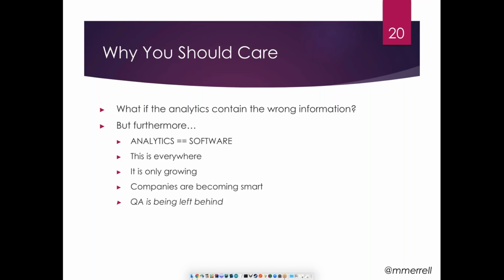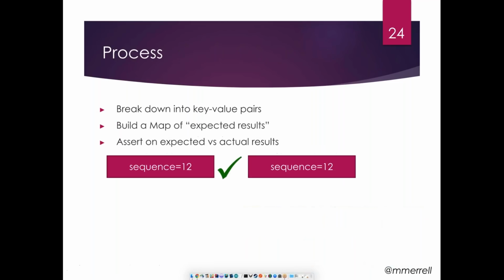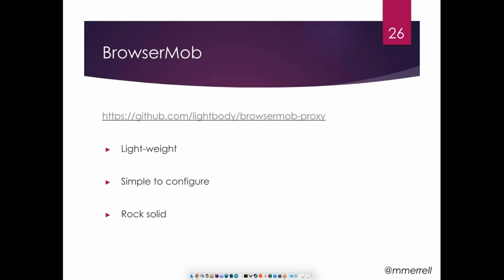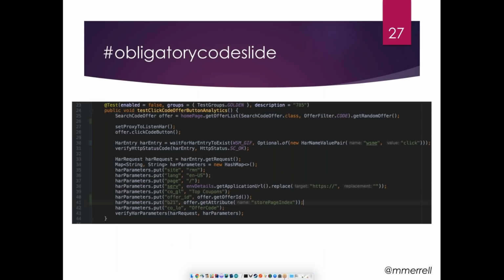A question about slide 27. Explain what you mean by test groups golden. What determines your golden category? Oh man, seems like we should do a whole webinar on the Java framework we use here at work. That is a TestNG annotation indicating that this is part of the golden tests. We have a process in production where we say run only the tests within the golden group, which is the same thing as a smoke test, I think you'd say.